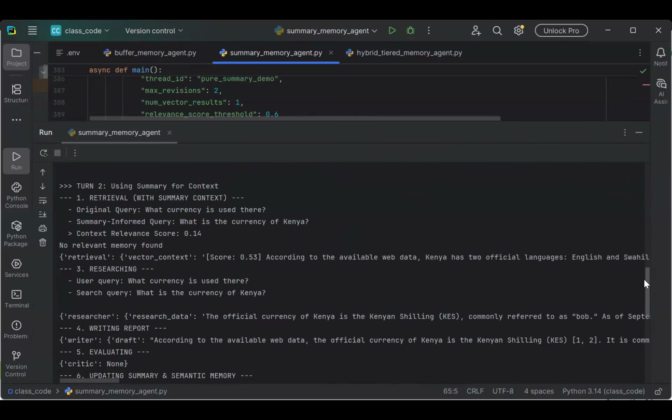We go to the next turn. What currency is used there, which has been contextualized to be what is the currency of Kenya. It's able to figure out that "there" refers to Kenya. And since it doesn't have any information in memory about the currency of Kenya,